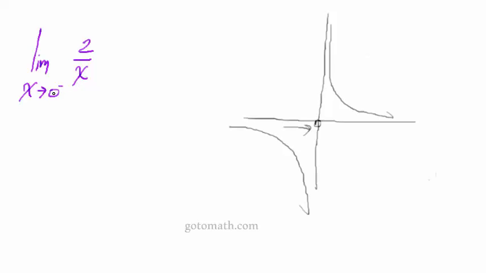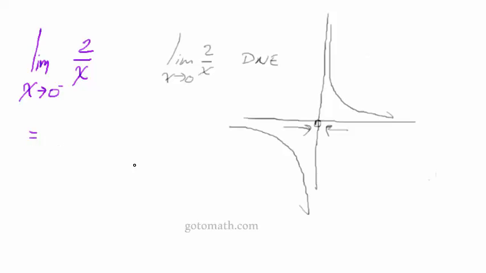Now, obviously, the limit does not exist at 0. This limit right here, the limit as x approaches 0 of 2 over x, does not exist. Coming in from the left-hand side, it's going down to negative infinity. Coming in from the right-hand side, it's going up to positive infinity. So this limit really doesn't exist. However, what we're going to do here is